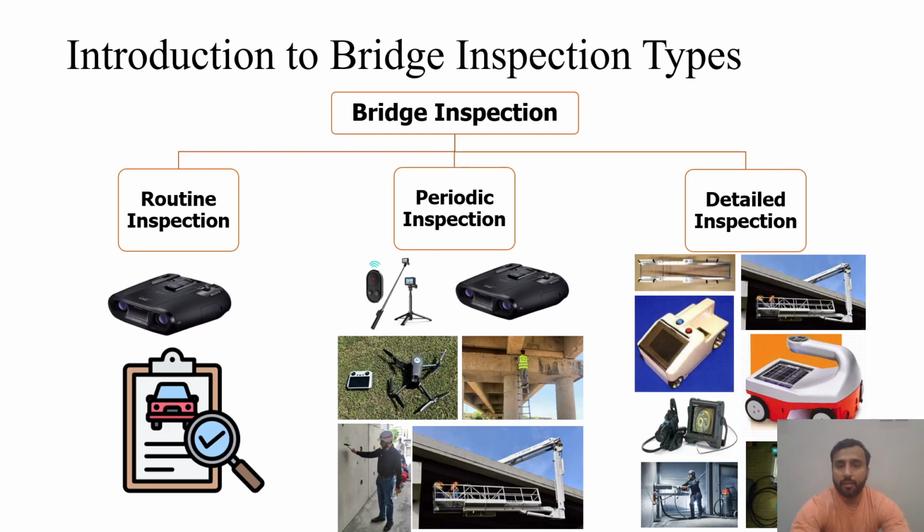So if we see the equipment that would be required for such different types of inspection. For example, in case of routine inspection, you may just rely on your eyes, or you can use binoculars. And there would be a checklist that you need to tick and make some remarks about based on your observation. In periodic inspection, these are the equipment because you need to go closer to the different components